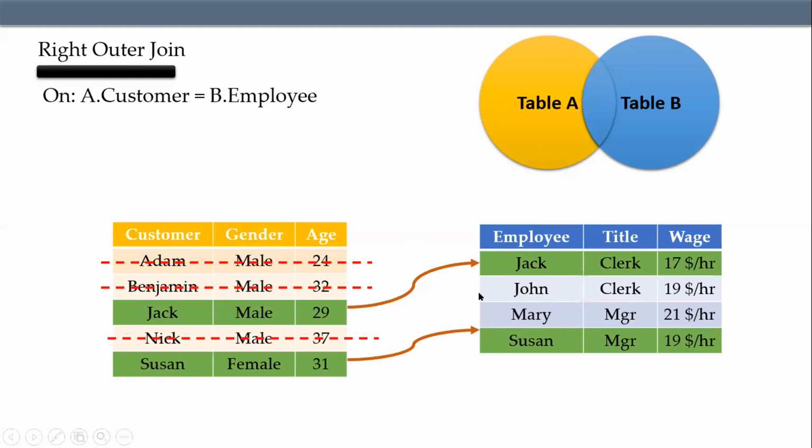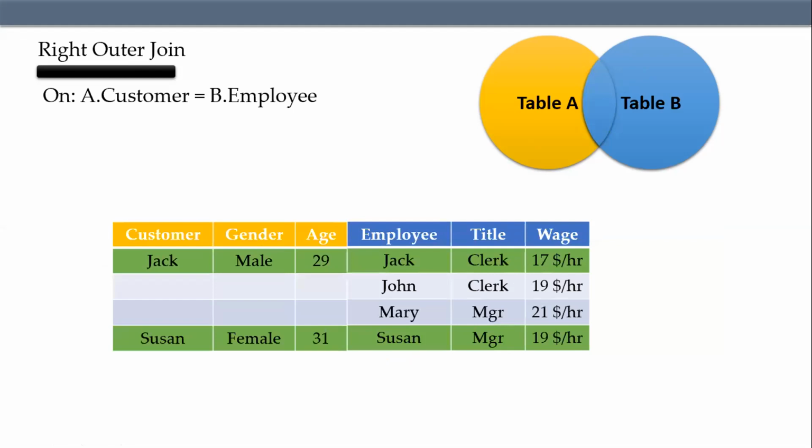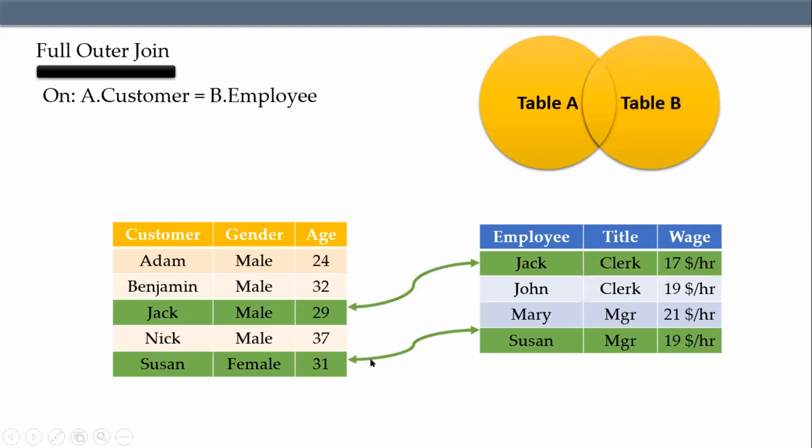I am not getting any data for John and Mary from the customer table. So I will not have any data from the left hand side for these two employees. So this is how my data will look like in terms of the customer, gender and age. I'm getting the data for John. I'm not getting any data for John and Mary.